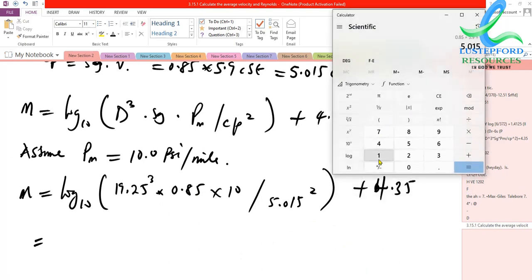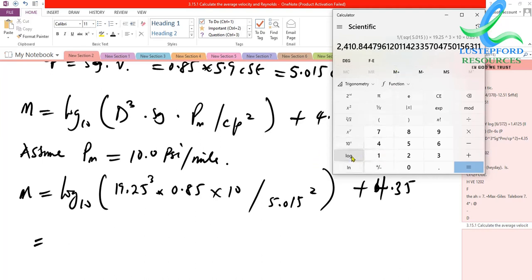What we'll do is square this value, take the inverse of it, multiply 19.25 raised to power 3 times 10 times 0.85. This is equal to,